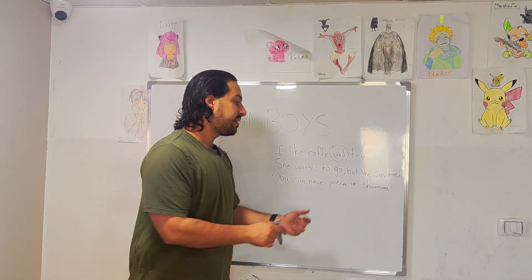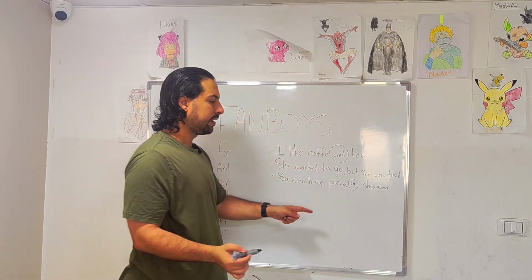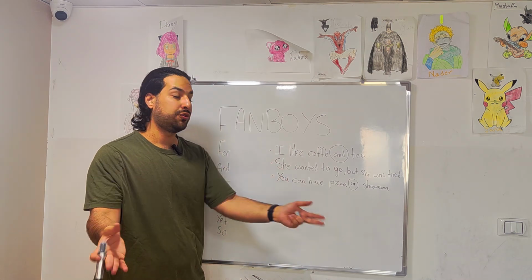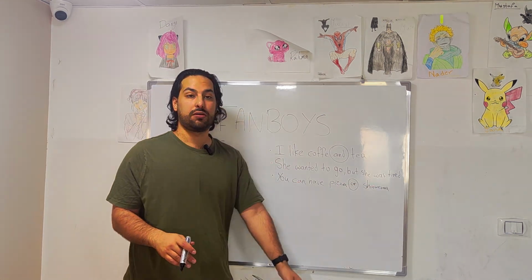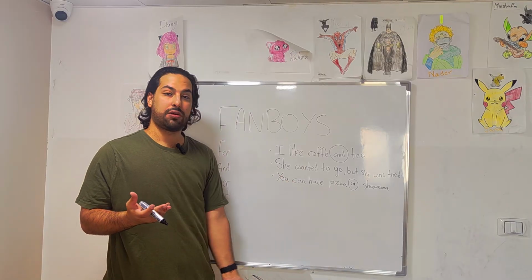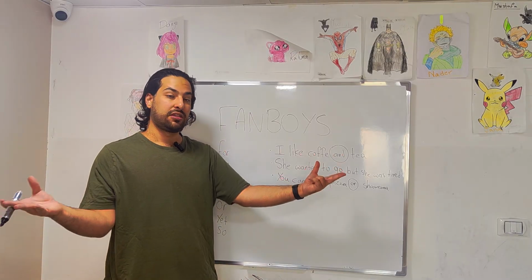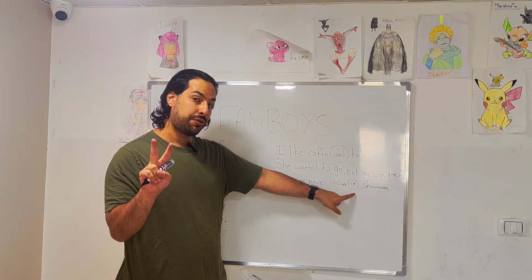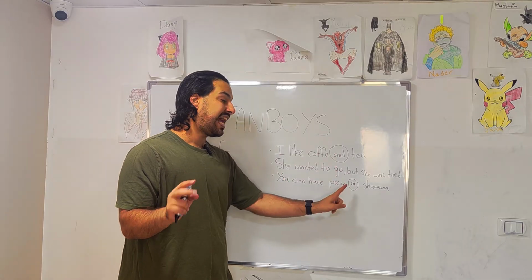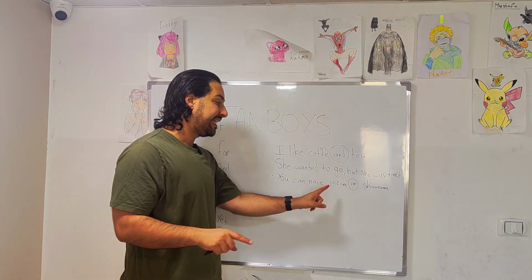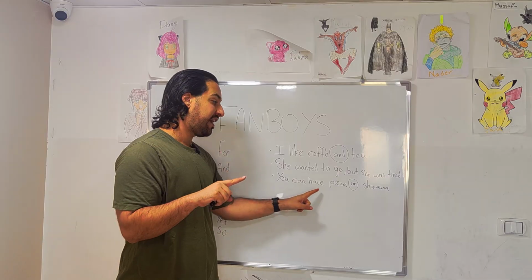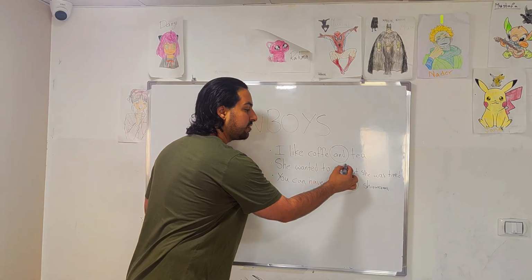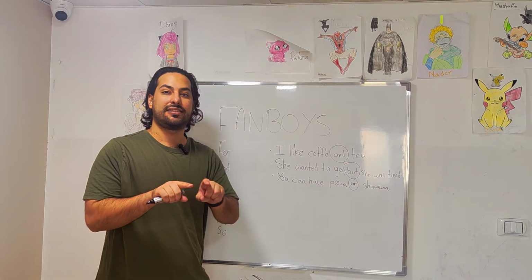You can have pizza or shawarma. So for or, it helps introduce more options or offer you more options. You can have pizza or shawarma. You can have a burger or shawarma. So or gives you options. You can't have both, you can only have one. If you can have both, you can say and. You can have pizza and shawarma, both. But here, you can only have one. You can have pizza or shawarma, so one of these two. So these conjunctions help us connect sentences.